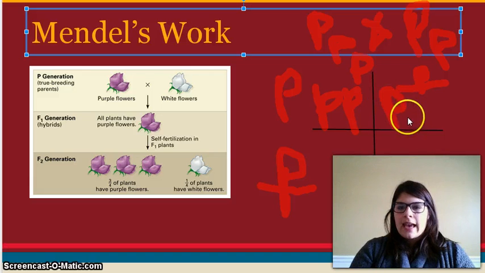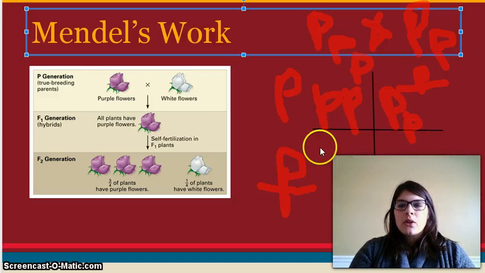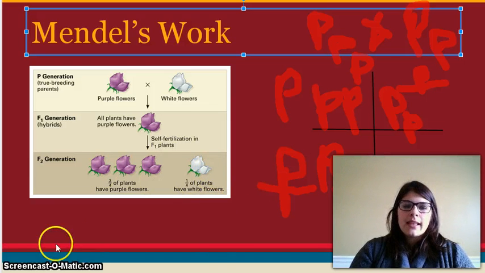We have a heterozygote, which remember, you only need one copy of the dominant form in order for it to show the dominant form. So we have two hybrids, one here and one here. And then over here, we're going to have two lowercase p's, which are a recessive form, which is going to show the white form of the plant. Okay, so moving forward,